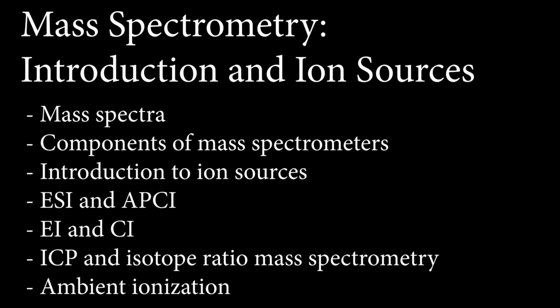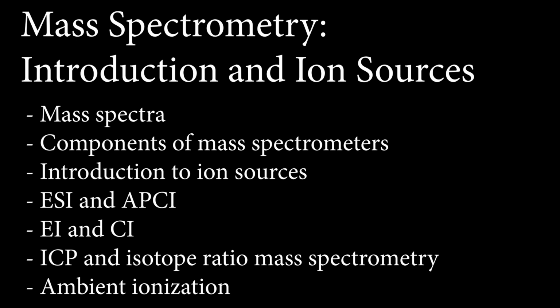So we covered a lot of territory. We started off looking a little bit at mass spectra, some characteristics of mass spectra. We'll look at some more of that in the next video. Then we looked at block diagrams, components, talked about vacuum, some general characteristics of ion sources. Remember, we primarily grouped them by what kinds of ions they make. A shorthand way to say that is how hard is the ion source. We looked at ESI and APCI, which are going to be the primary methods for LCMS. They work well with liquids. We also looked at EI and CI, which work well for gas chromatography mass spectrometry, GCMS, because they work with